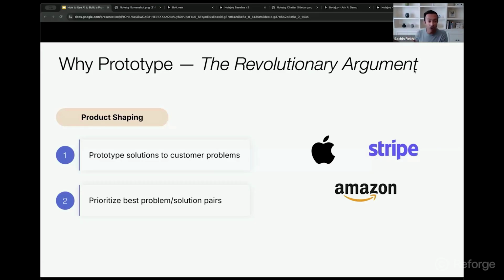They shelved all the tablet work they were doing, and then they ultimately decided to build the iPhone. The rest is history here. But what I'm saying here is they didn't decide to prioritize build a tablet and then see what they got on the other end. They prototyped many different things to then ultimately decide what was going to be the best experience. Now, only companies like Apple, Stripe, and Amazon have been doing this.